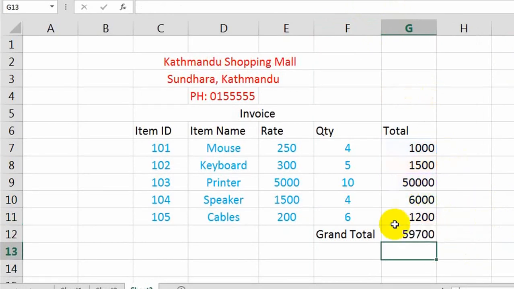Okay, press enter. See, automatically this grand total has appeared. Now discount. If you want to give discount, 5% discount of total. Now equal to sign.